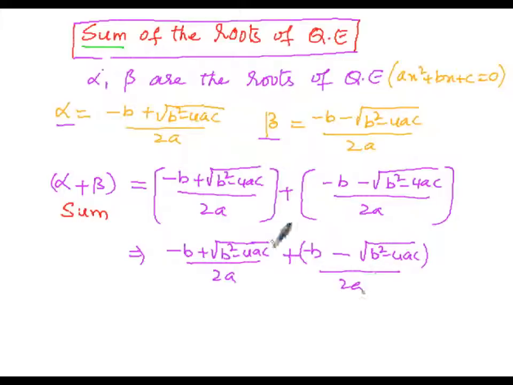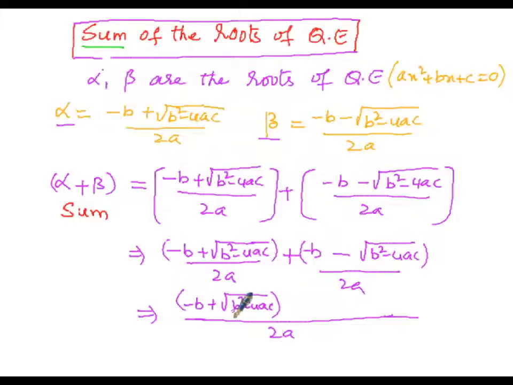Then now here, let us write the numerator within the bracket. Then I am going to take the LCM of the denominators. So here 2a and 2a are like fractions, so the LCM is 2a. Since these two are like fractions, when we divide the LCM by this denominator 2a, 2a gets cancelled, 2a once is 2a. So only the numerator is left over: minus b plus root of b square minus 4ac within the bracket is left over.